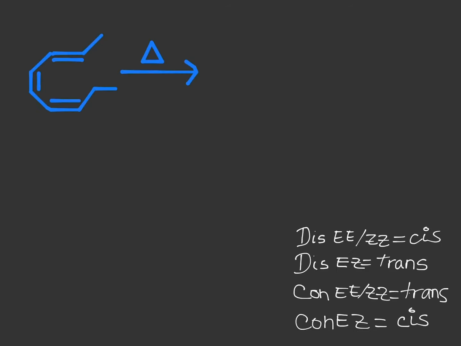Finally, if you have a conrotatory movement in an EZ or ZE molecule, when it closes, it will give you a cis. The first example that we're going to go over says, what product is formed when 2E,4Z,6Z-triene undergoes a thermal electrocyclic reaction? Before using the table, we had to find the symmetry. We know that it has an odd number of pi bonds, and because it is being heated, it is a thermal reaction, its HOMO stays in the ground state. Because its HOMO is in the ground state and it is odd, it is symmetric, and it will move